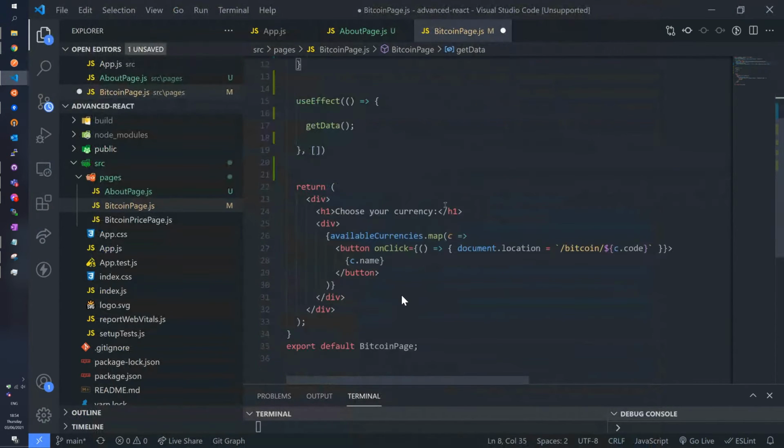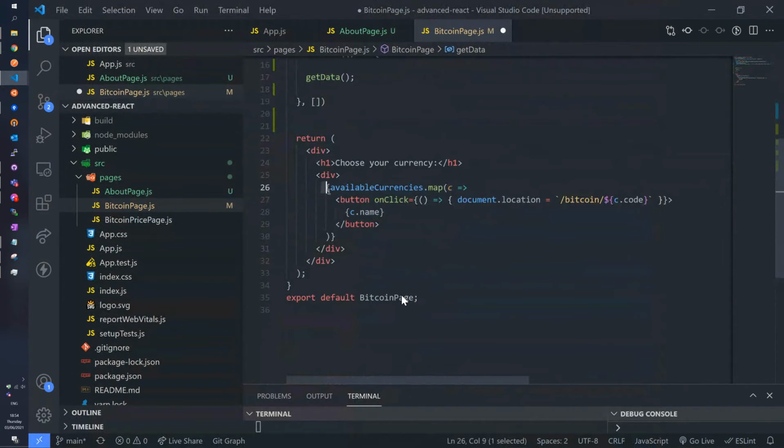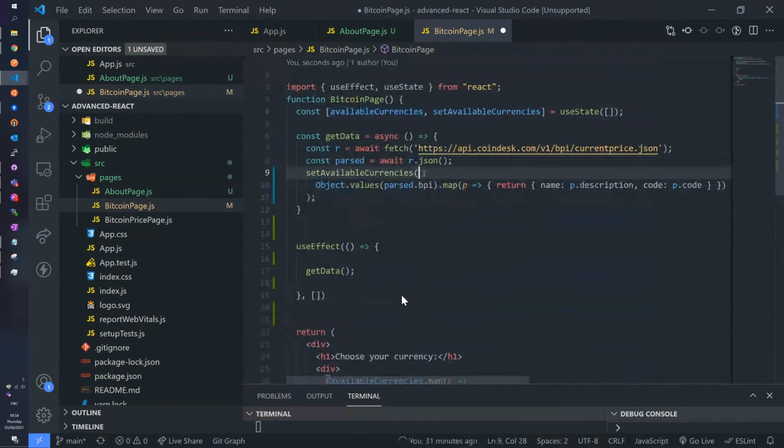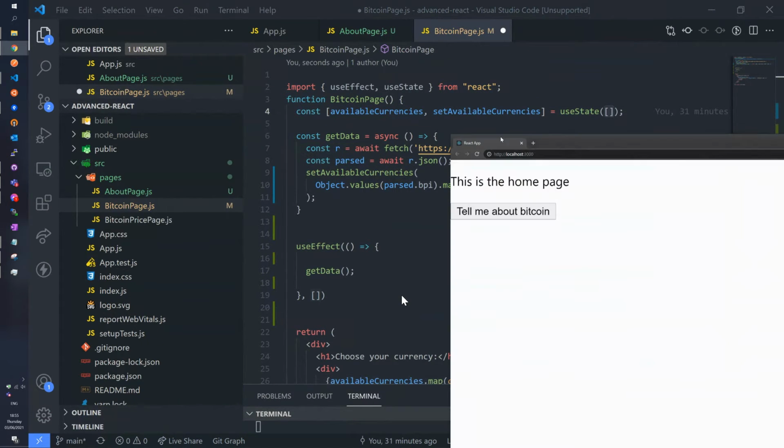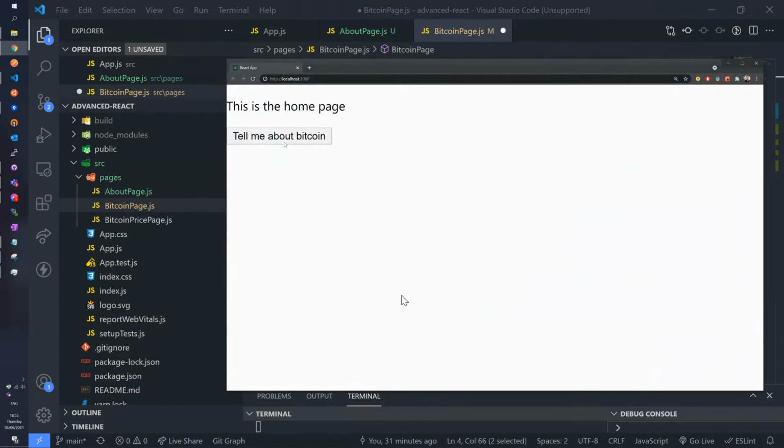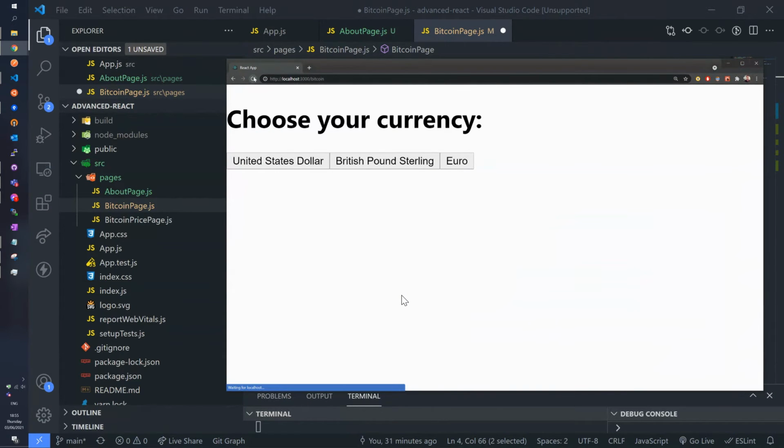So now with that array, what I do here in React, I first of all put it inside a state variable. The state variable is called availableCurrencies, and this is a function to set it. Initially, this is an empty array, and I'm not sure how fast the video is being sent to you, but basically, if I refresh the page, you can see for a very faint amount of time that those buttons are not there initially, okay?